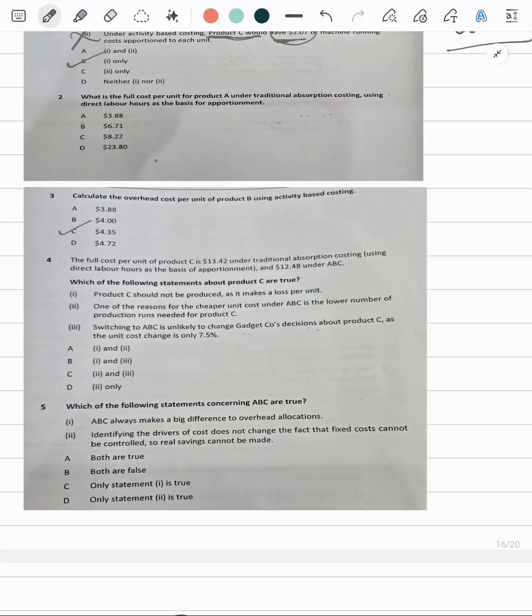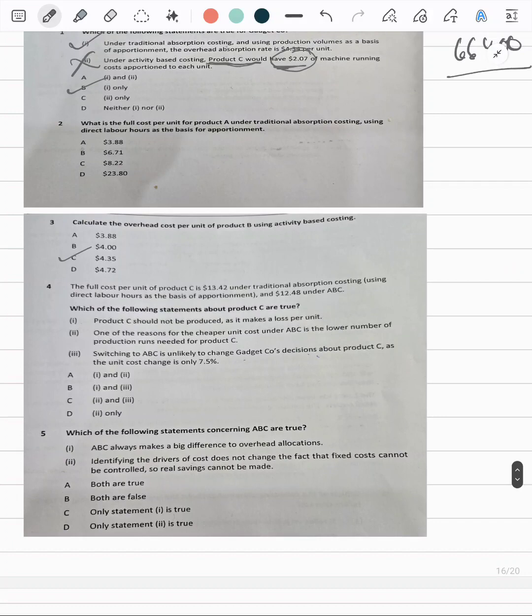Product C should not be produced as it makes a loss per unit. Second part is, one of the reasons for a cheaper unit cost under ABC is the lower number of production runs needed for product C. Lower number of production runs for product C. If there are lower number of production runs,